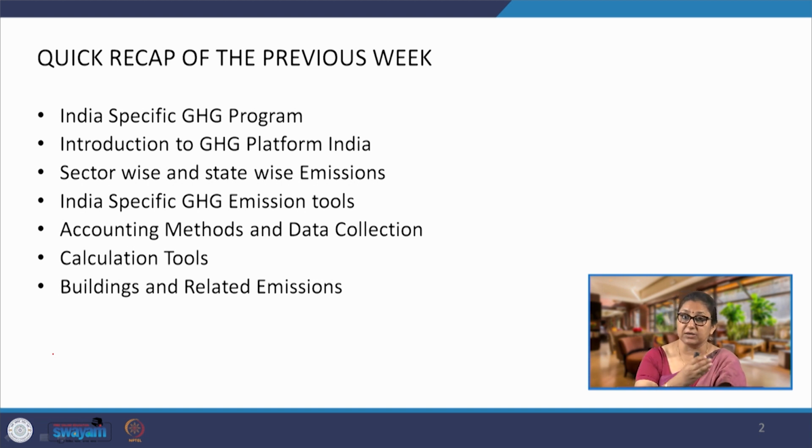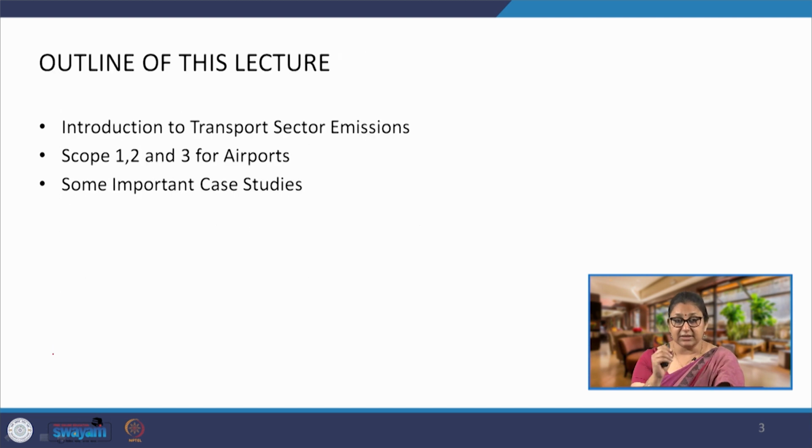This is all we have done in the previous week, and in this lecture today we are going to quickly look at the emissions coming from the transport sector overall, and then from scope 1, 2 and 3 emissions for airports specifically. Now, in some of these case studies there may be generic numbers for airports in general, while in the majority of the cases we have looked at audited case studies where people have accounted and reported the emissions from their facilities. So, these numbers sometimes may be specifically for a particular airport,